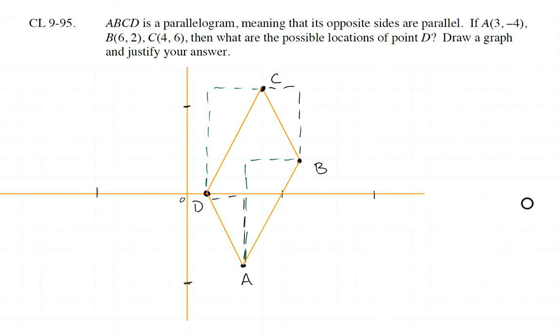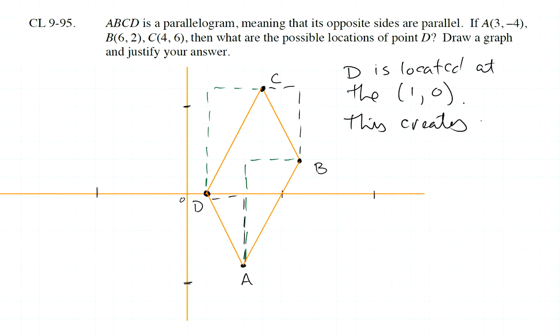So this is asking me to justify my answer. Well, first of all, what is my answer? I'm saying that D is located at the point (1, 0), x is 1, y is 0. And I could say this creates a parallelogram because